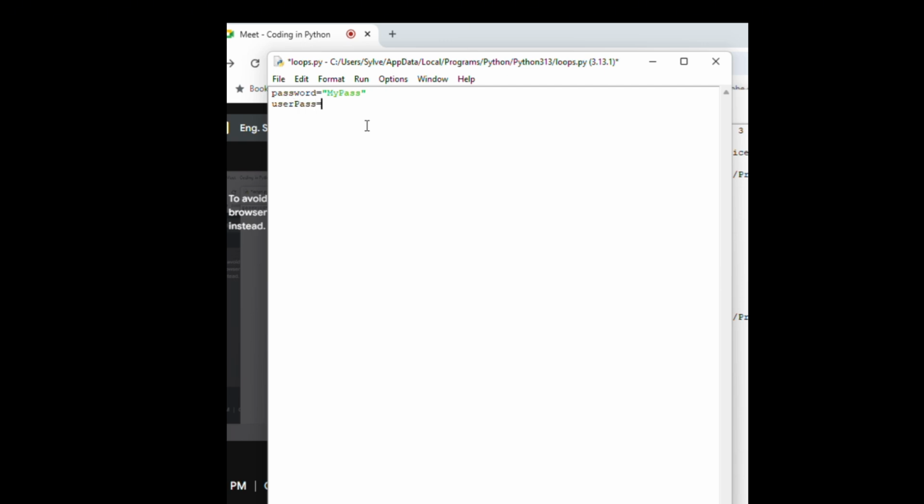Let's go. So you can have while... okay, we can have a user input. Let's say user password is equal to input, and you ask the user to enter your password, like that. And then let me close this, and now we want to compare if this password that the